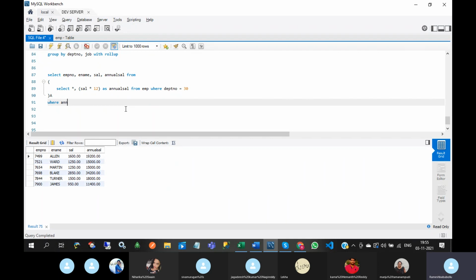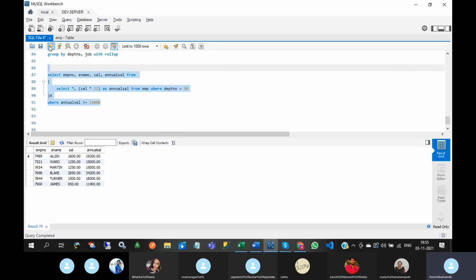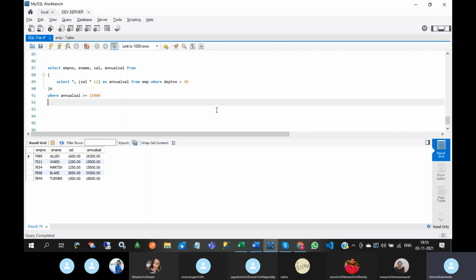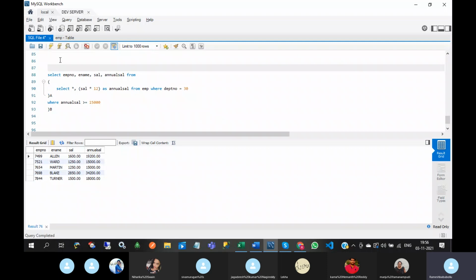From this result set you can write another logic also, like where annual salary is greater than or equal to 15,000, then you can filter. Okay, so you can put this one also in another derived table like this.